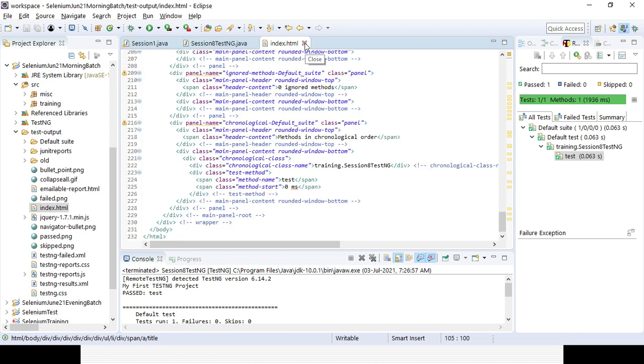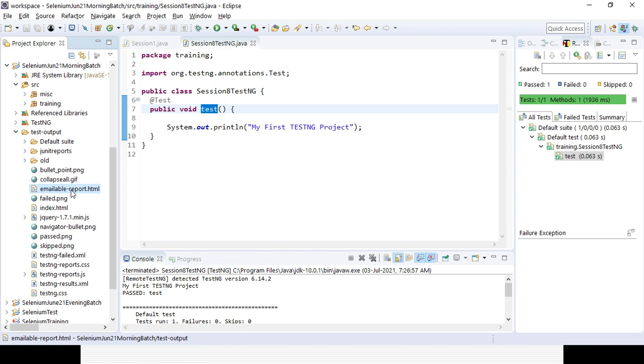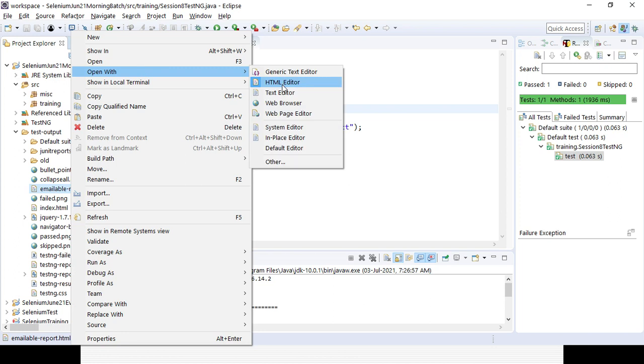So now if you want to see other parts, if you want to see how many test cases failed, you just need to click on the testng-failed.xml, and if you run it, only the failed test cases will run, right. So that is the part. Another is emailable-report.html, where you can get the overall report. You can open it with any format, right. I can open it with browsers or an HTML editor or a normal text editor, right?